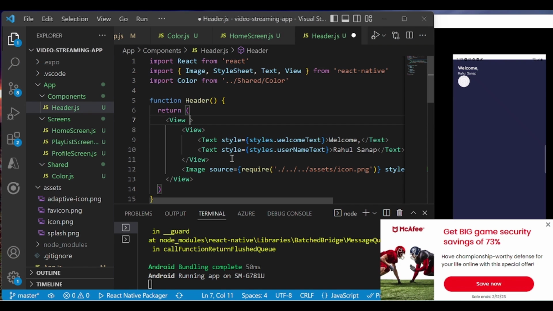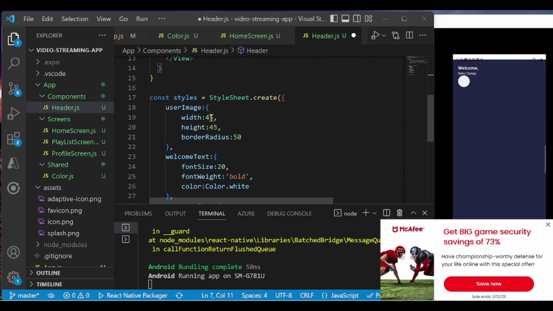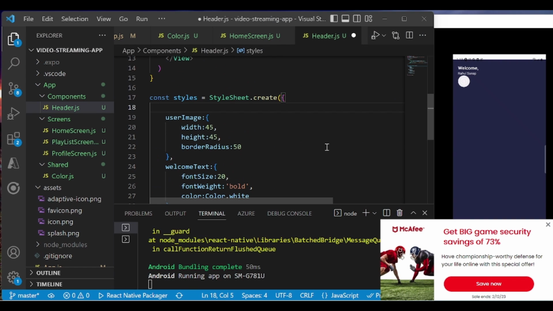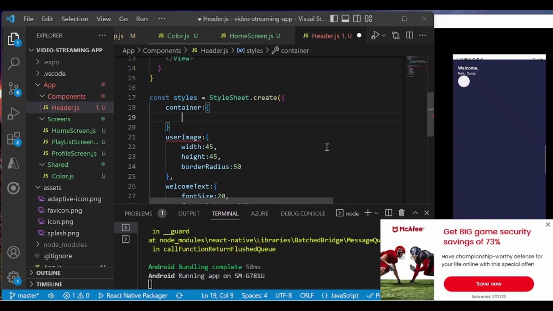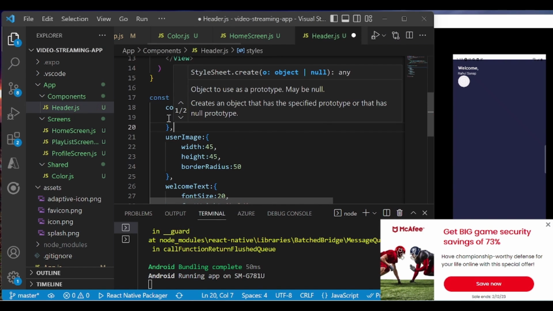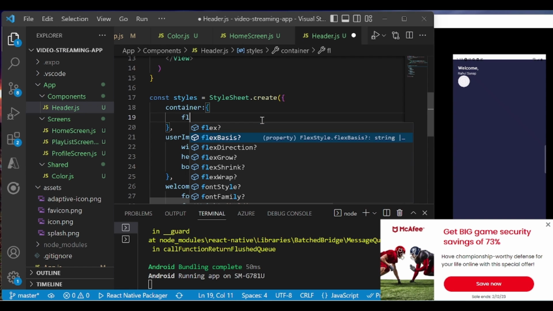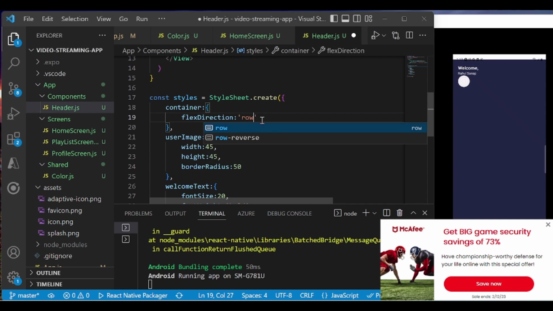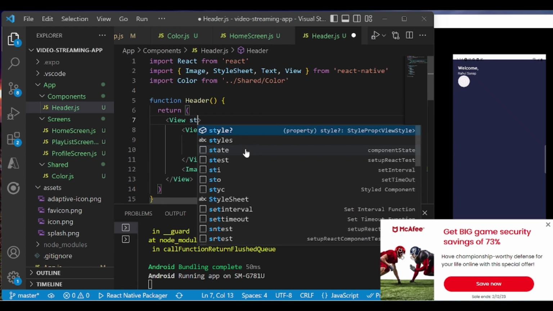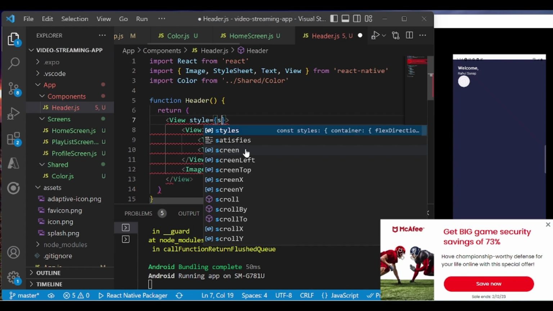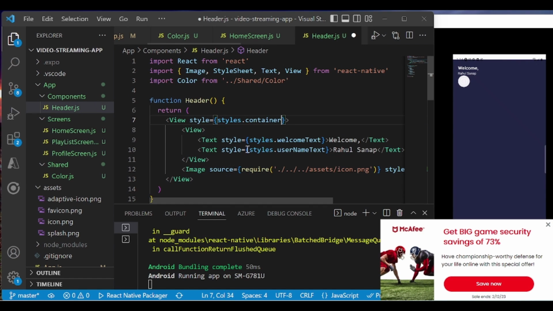Okay, so here I will create one more style called container. And inside that I will select flex direction to be a row. I want a row in flex direction, right? And I apply styles dot container. Okay, if you see, now it is in one row, but in order to put it at the end,